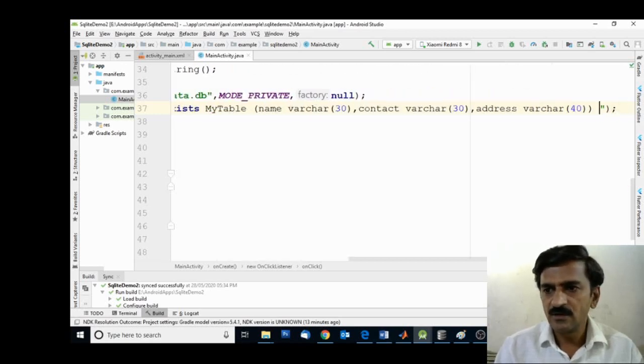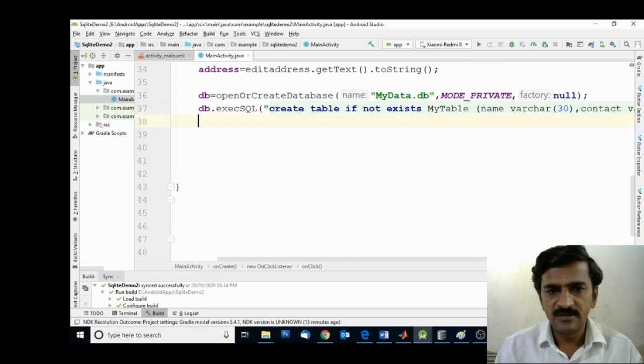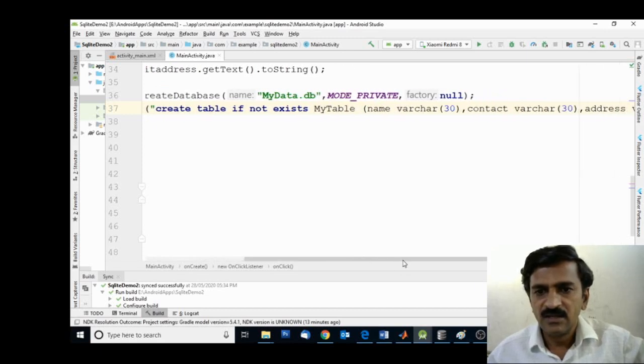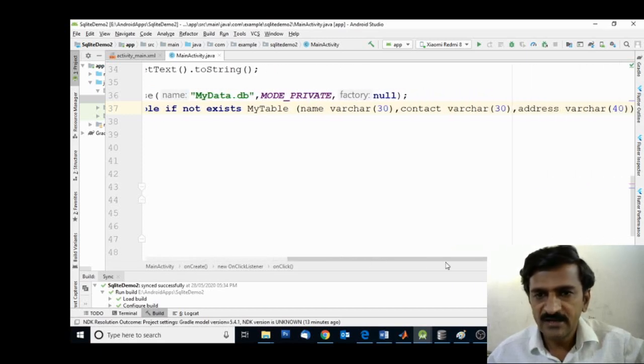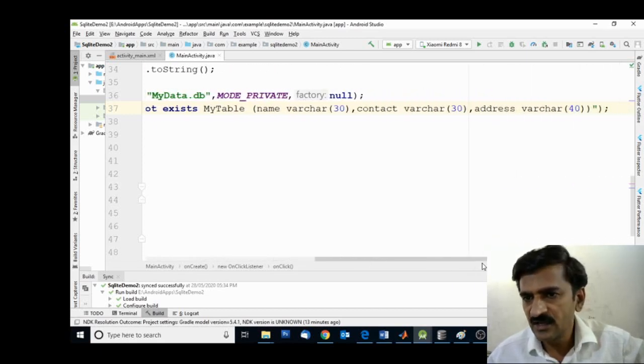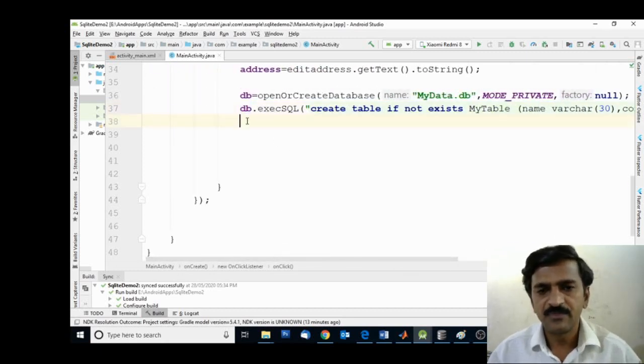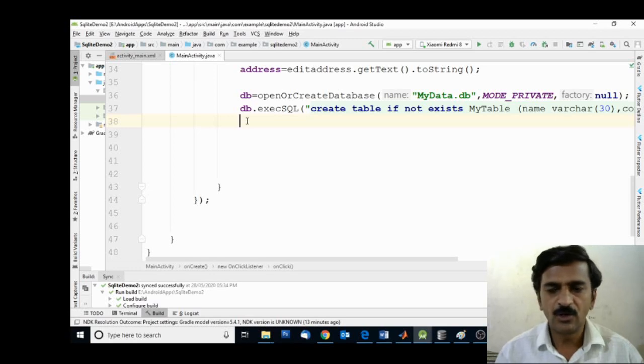So into this database: create table if not exists, table name myTable, name varchar 30, contact varchar 30, and address varchar 40. So now the table will be created. So we can directly insert the record into this table.